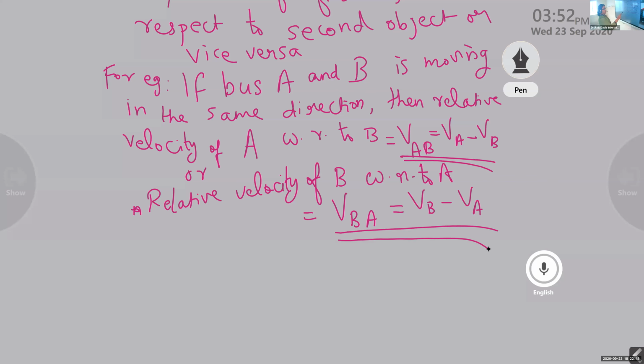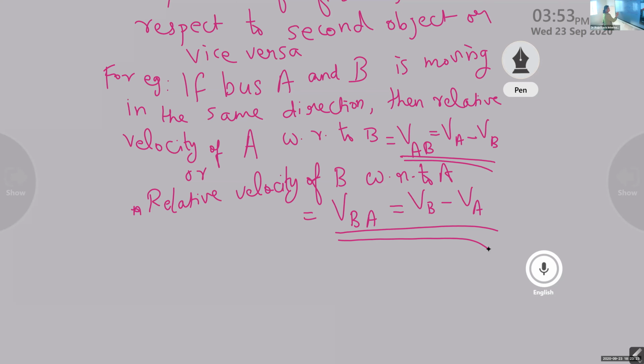So here, whose position is changing? With the velocity of B, B is changing and A is stationary. In this case, we consider A as changing and B as a stationary object. Suppose there's an observer, then the observer becomes the first object or second object, depending upon the question. What the question is asking, whether it is the relative velocity of B with respect to A or of A with respect to B, you need to find out according to the question. Clear?